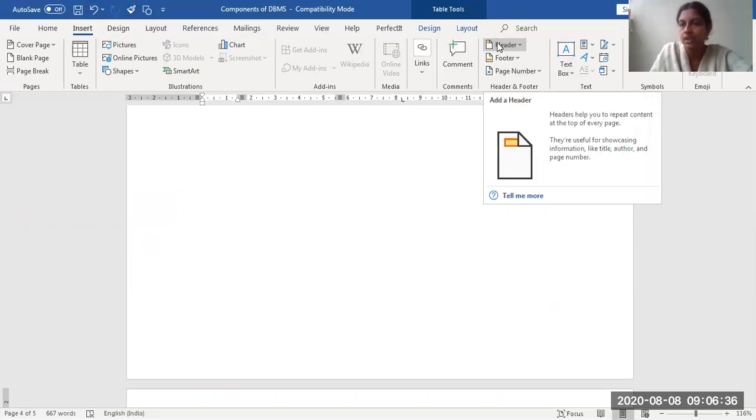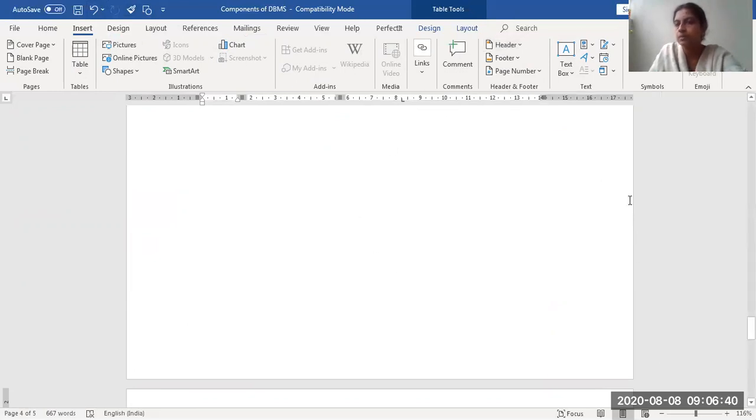The speciality of header and footer is that I want certain content to be displayed on all the pages, like Department of Computer Science. You can see in our record lab manual and all, every time Department of Computer Science GFGC manual keeps coming. I don't want to type it again and again. If I have 100 pages, I can't keep on typing it for 100 pages. So you can set the header and footer. Header means at the top, footer means the other. In the footer, page numbers can be there, created by can be there, like that.